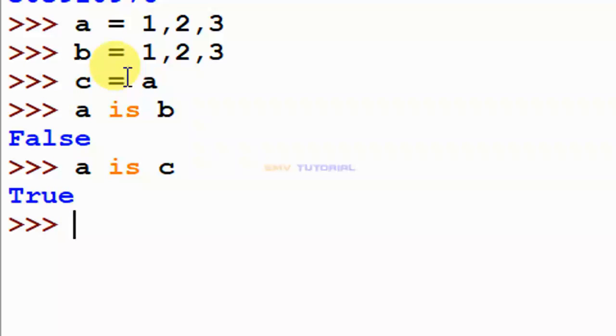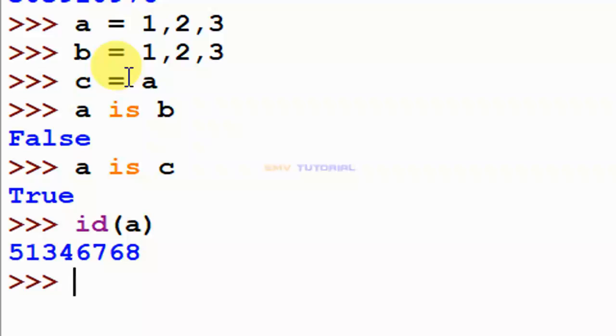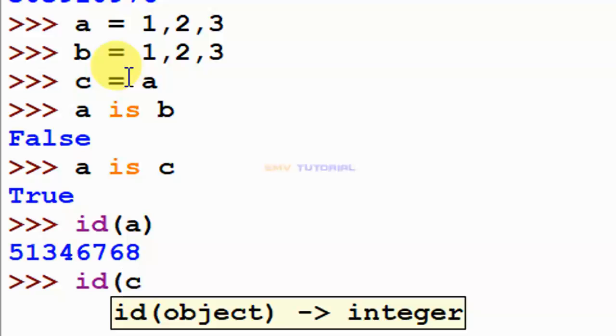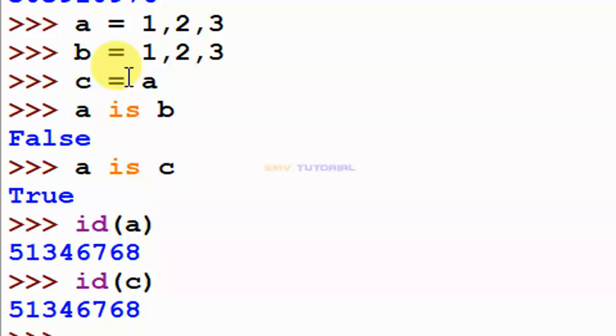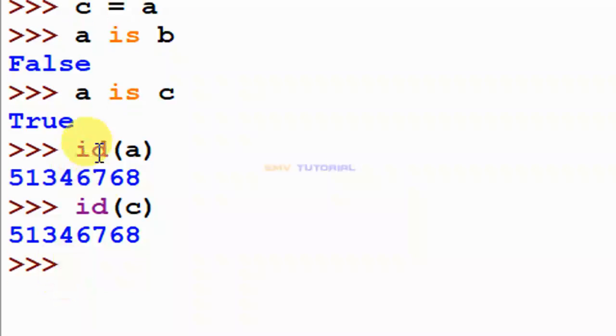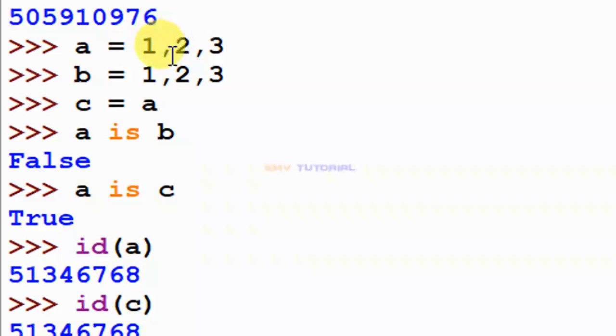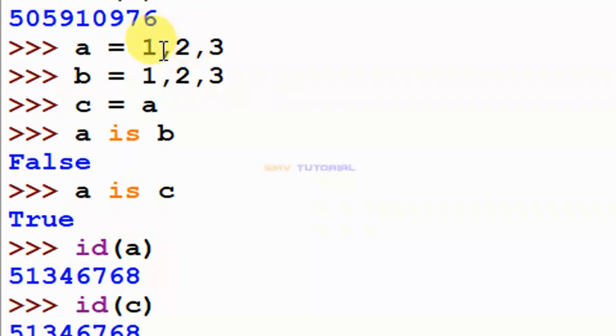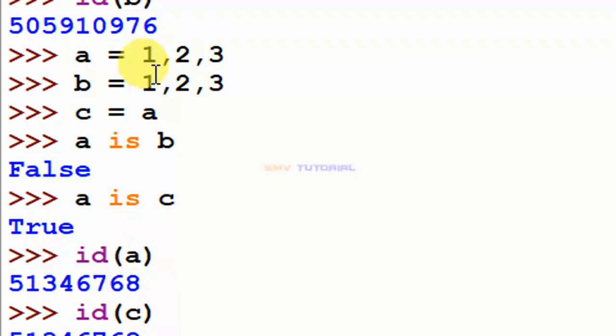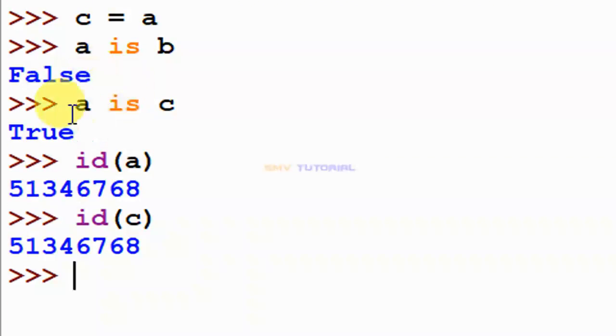And I check the memory ID of A. It shows the ID. Next, ID of C. The same ID is shown for these two variables. Why? Because it is not assigned a new object, only the ID is assigned, so this condition is true.